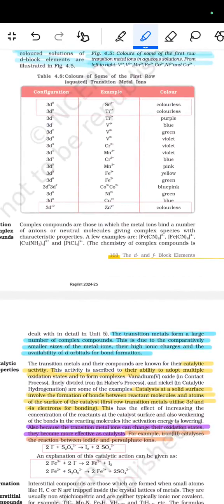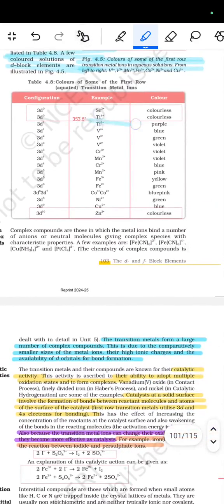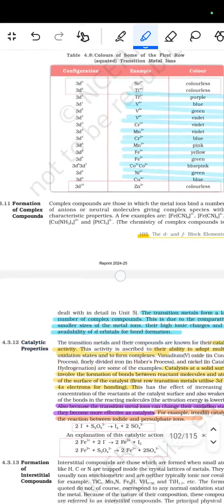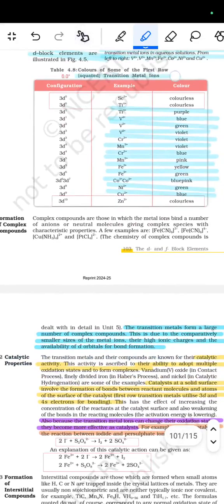कलरलेस होते हैं। उसी तरह से Zn2+ है जो कलरलेस होता है। बाकी सब कलर है, जैसे Ti3+ जो होता है ये पर्पल होता है, V4+ ब्लू होता है, V3+ ग्रीन होता है, V2+ वायलेट होता है, Cr3+ वायलेट हो जाएगा, Mn3+ वायलेट होगा, Cr2+ ब्लू होगा, Mn2+ पिंक होगा, Fe3+ येलो होगा, Fe2+ ग्रीन होगा, Co3+ और Co2+ ब्लू पिंक होगा, Ni2+ ग्रीन होगा और Cu2+ होता है ब्लू। तो कलर ऑफ सम ऑफ द फर्स्ट रो एक्वेटेड ट्रांजिशन मेटल आयंस का है जो दिए हुए।